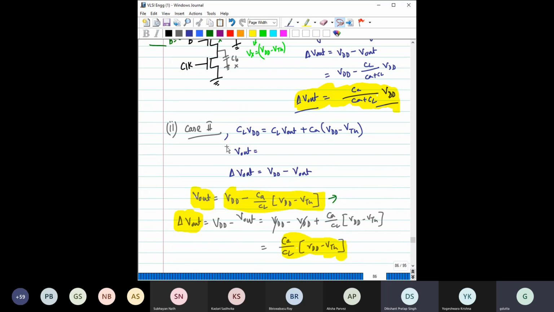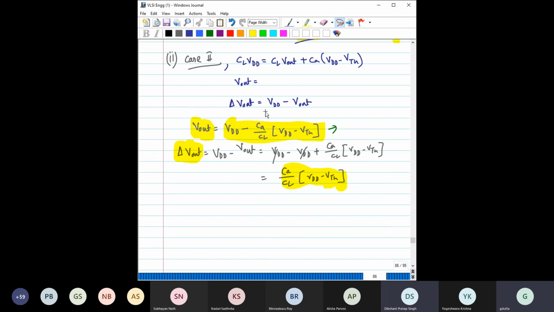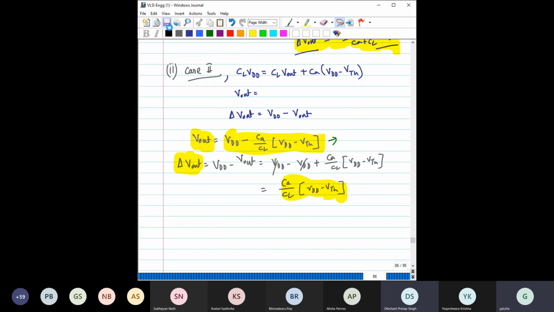One minute. Right, so I will keep it like this. This is the same thing that we did yesterday, so you can just check it out. Finally, delta V out comes out to be like this, right? Now, before we say which condition is going to dominate in what case,